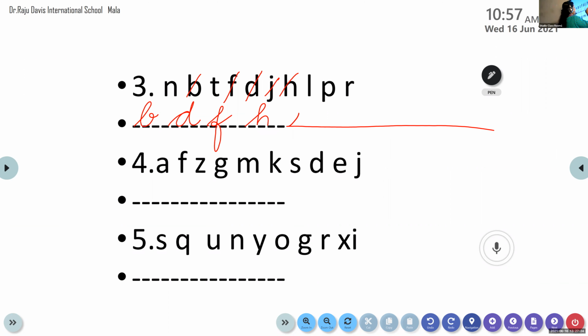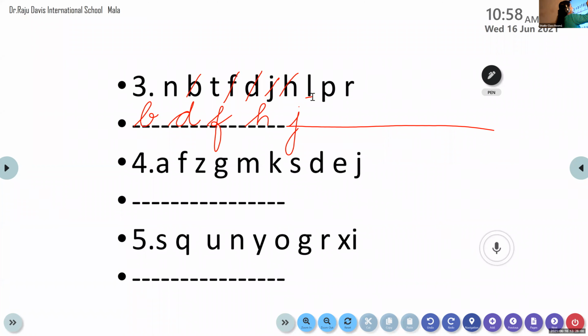So strike. Don't forget to strike it away, okay, children? Otherwise, we'll be confused a little. Yes, G, H, I, J. I is not there, J. After J, which is the next letter we have to write there? No, a little more letters are there here. After J, please do say the alphabet after J. K. K is not there. L is there. Okay. A, B, C, D, E, F, G, H, J, K, L is there.